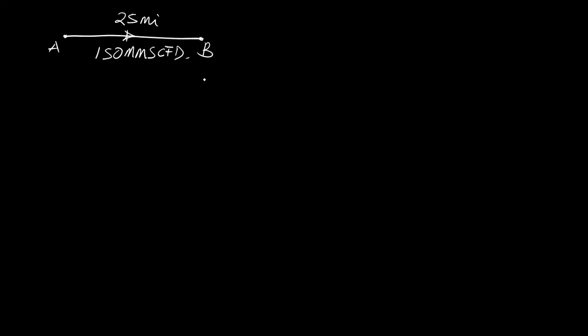Now we have the pressure at B to be 532.4 PSIA. Now we are looking for the pressure at A. For us to get the pressure at A, we need to know